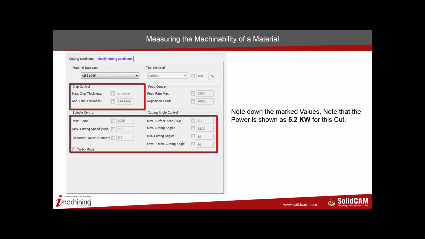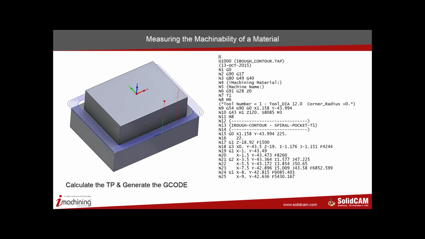It's also important to note down the other parameters. So the best way is to take a screenshot of this particular screen and keep it aside, because we are going to use some of these. So note down the marked values, and we also note down the power. We generate the toolpath, and we take the toolpath to the machine,